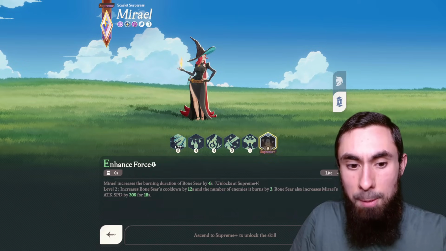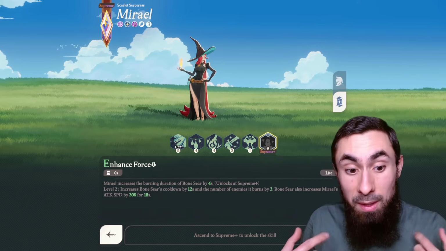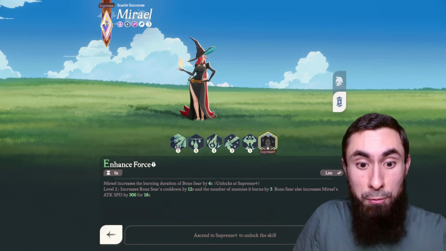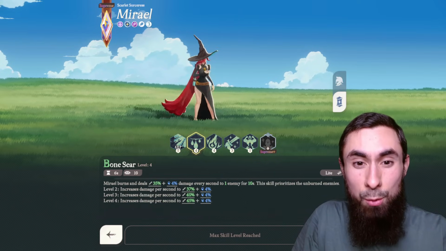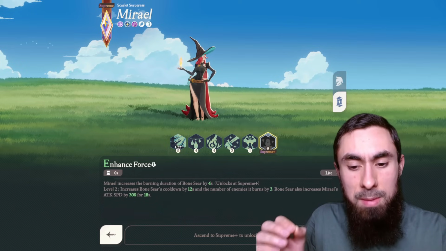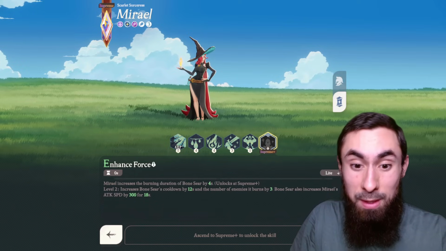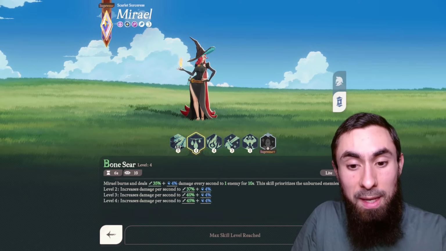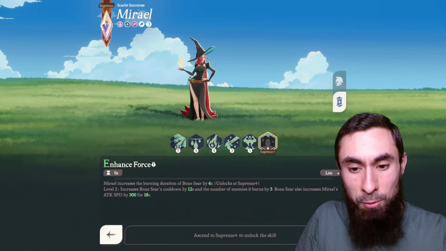This is the Bone Seer. Now, on level 2 upgrade, it will increase the Bone Seer's cooldown by 12 seconds. So for example, rather than a 6-second cooldown, it will be an 18-second cooldown. And the number of enemies it burns will be increased by 3. Currently, Bone Seer is going to be burning 1 enemy, and after the level 2 upgrade, it would then be